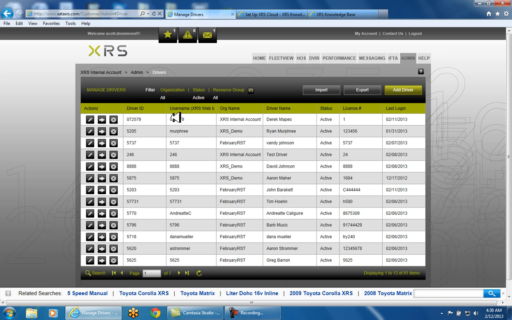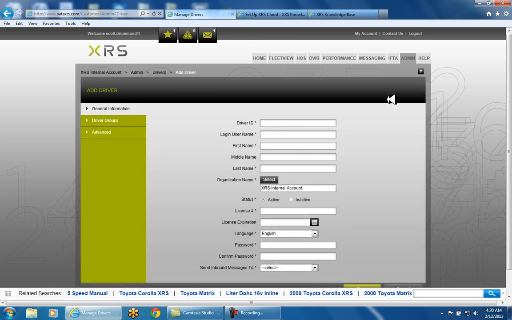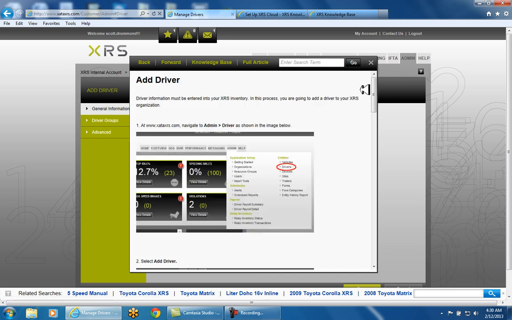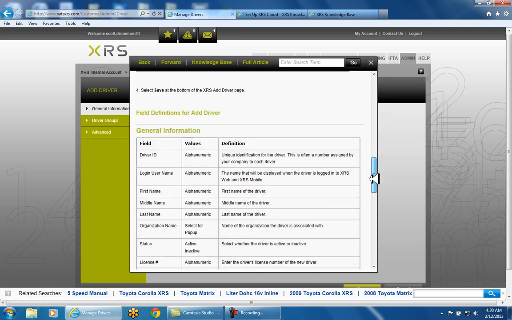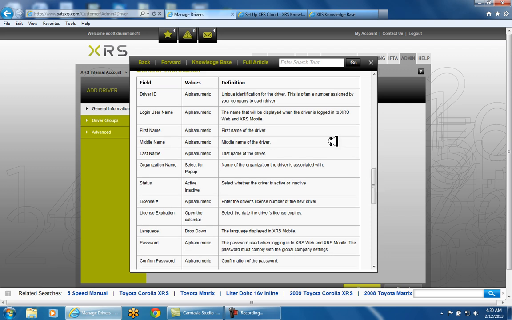To add a driver, you'll just click on Add Driver, and now we'll see the different definition fields for driver ID. Once again, if I have a question in terms of what the definition is for these, if I click on the question mark, I can scroll down and there's my definitions. Okay, for driver ID, unique identification for the driver. Login user ID, the name that will be displayed when the driver is logged into the XRS Web and XRS Mobile. Typically, those top two, driver ID and login username,